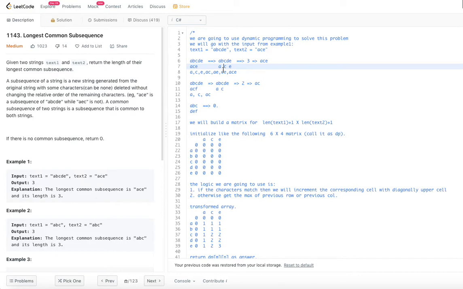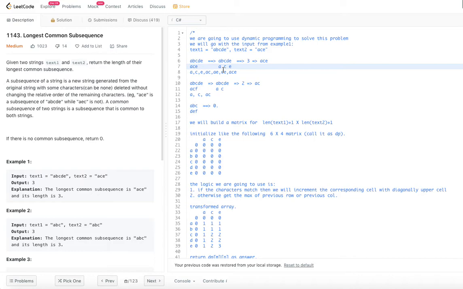If there is a match, we are going to do one specific operation. If there is no match, we are going to do another specific operation. So there are two ways we have to proceed. If there is a match between the two strings, what are we going to do? If there is no match, what are we going to do? Those are the two cases we are going to solve.